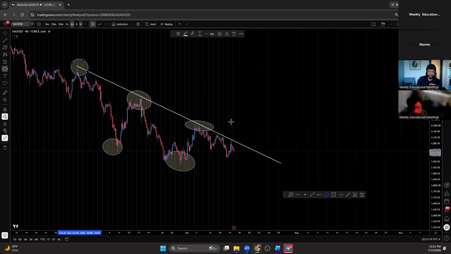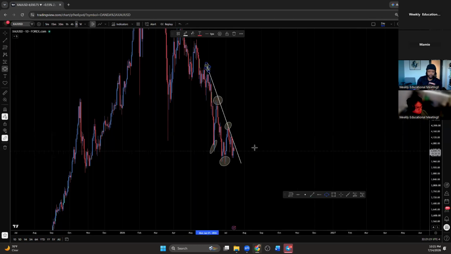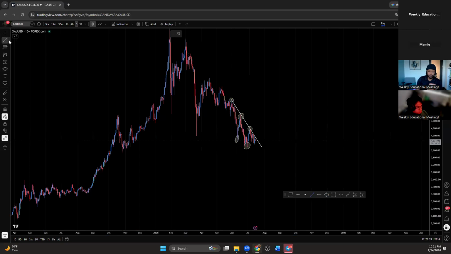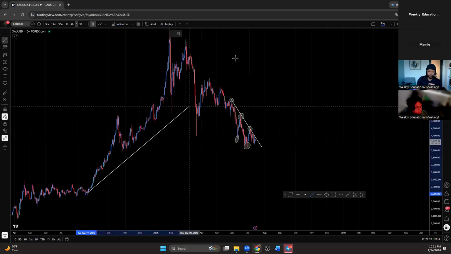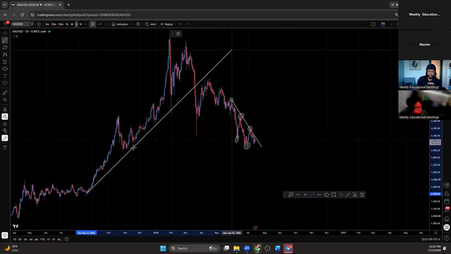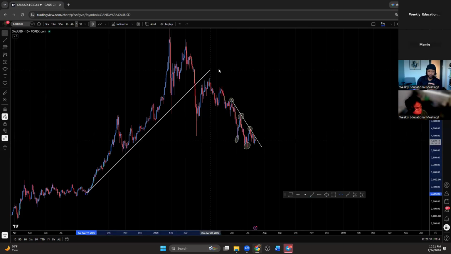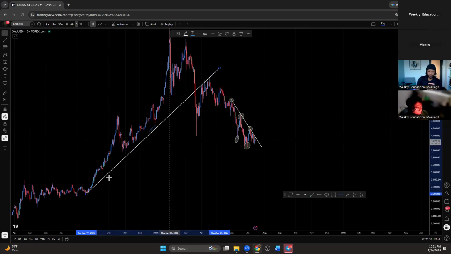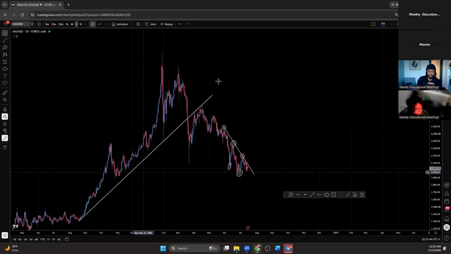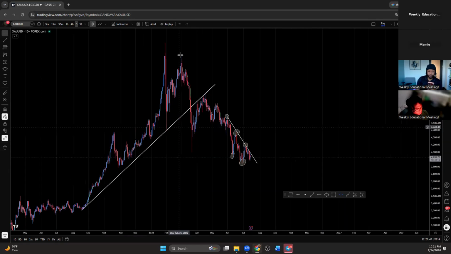If I go back to the daily just to give you guys a better understanding, if I was to say, hey, I think this is bullish today, we can draw this trend line. We can easily see how market kind of, let's put it here, because that's the last pretty much touch we got. But we can easily see how market created higher low, higher high, higher low, lower high, and then the lower low, right? So that invalidates this upward trend, right? And then from there, we got high, low, lower high.